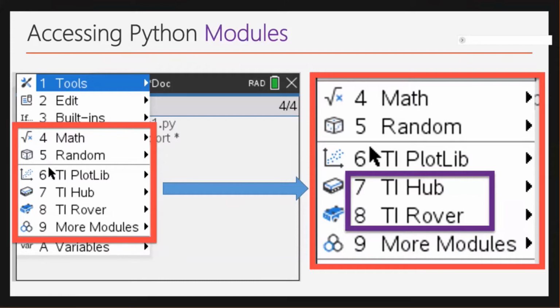But today, unfortunately, I will not be covering the hub and the rover because I physically need to be connected to the hub and the rover. And of course, you need to see what my code is possibly doing when I'm running something on the hub or the rover. And then there are more modules under 9, and I'll take you to some of the additional modules